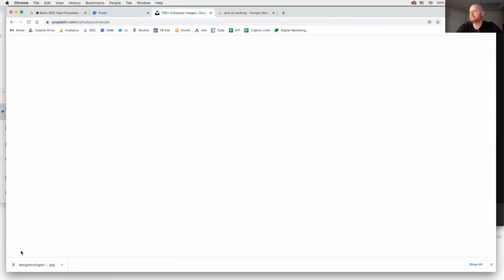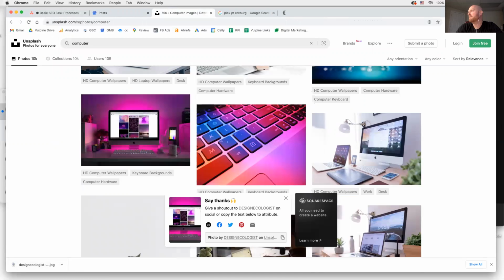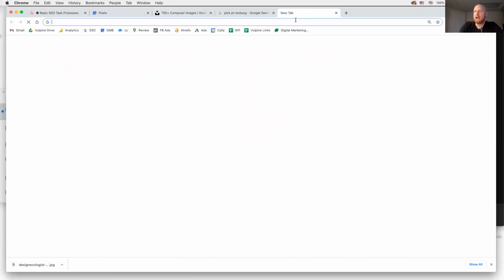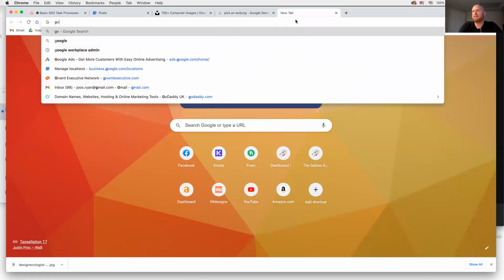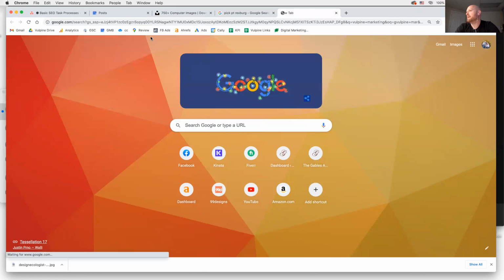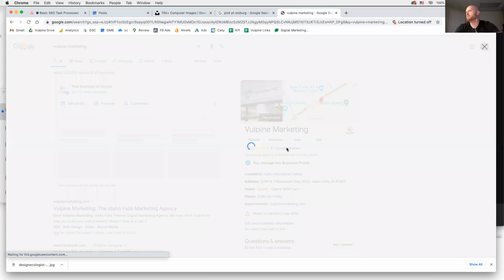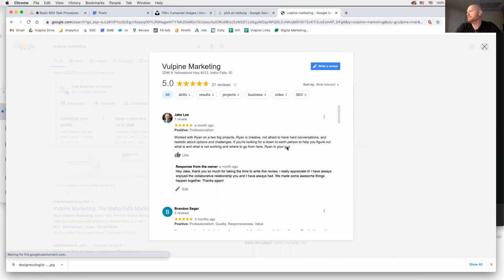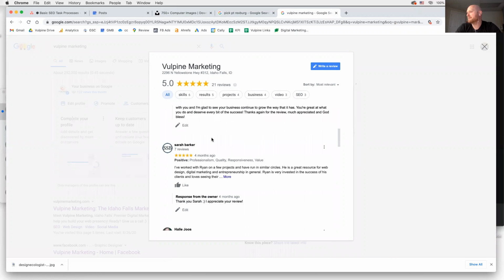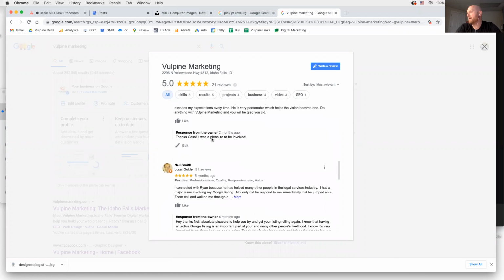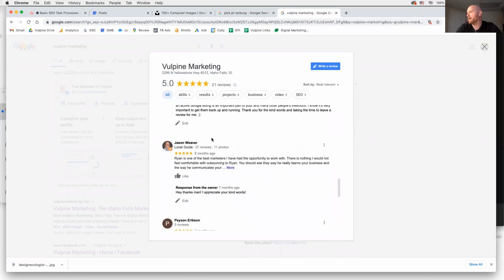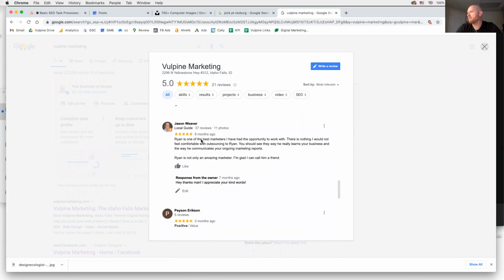So I've downloaded this image here that I think is fairly interesting and eye-catching. What I'm going to do is, I really think that reviews in general are just really good content. So I'm going to come here to the review section, and I just think that so many of these are pretty darn good. So I'm going to go ahead and just select one, whichever I want. Okay, "Ryan is one of the best marketers I've ever had the opportunity to work with. There's nothing I would not feel comfortable outsourcing to Ryan." All right, so I'm just going to select this,